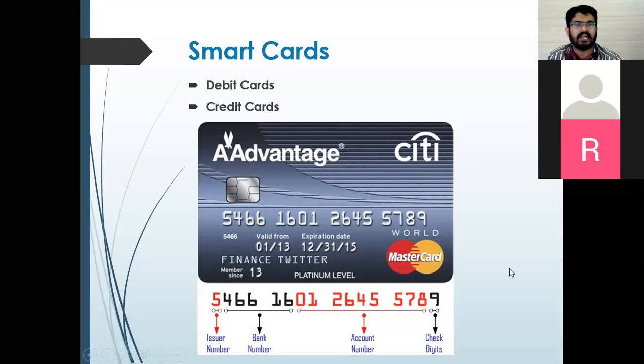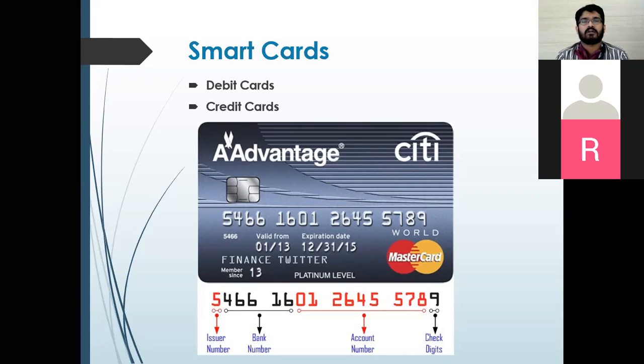So let us just understand what a debit card is. A debit card is a card linked to a savings bank account, and you can withdraw money or go shopping. Through ATM-cum-debit cards, you can shop and withdraw money up to the balance in your account. But sometimes overdraw happens. Like you have around 100 rupees balance, but you swipe around 110 rupees, so 10 rupees becomes an overdraft. So your balance goes into negative.